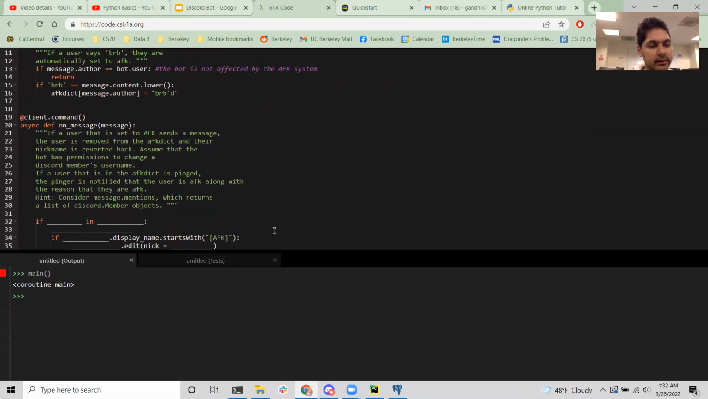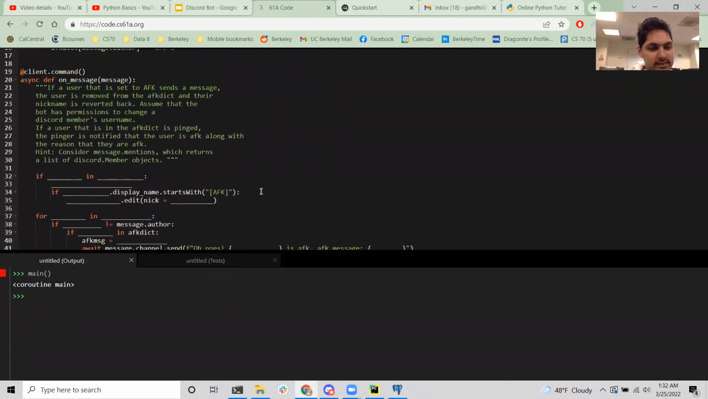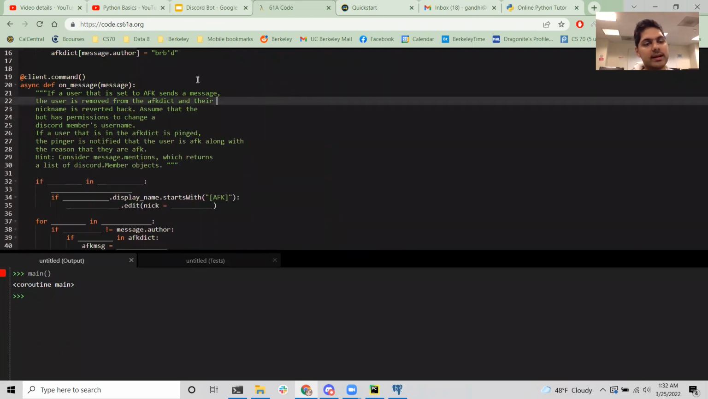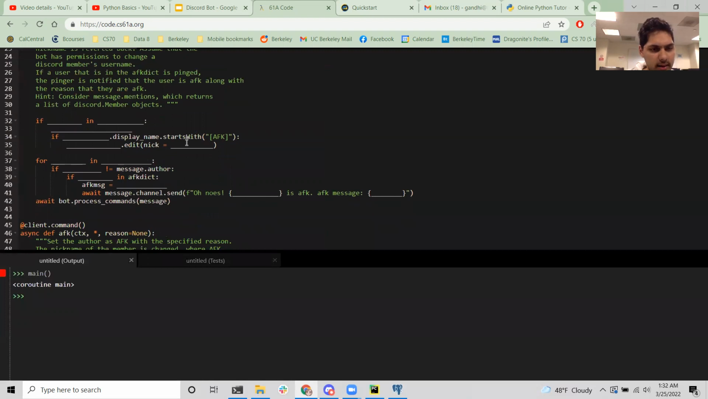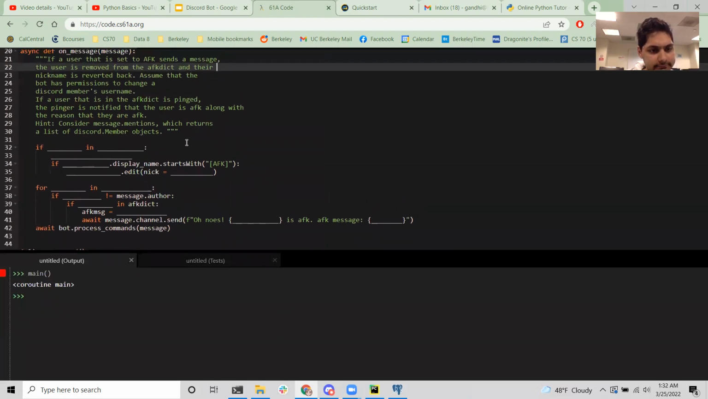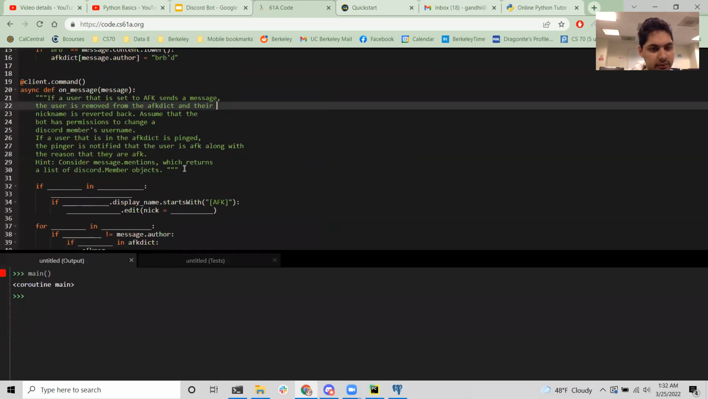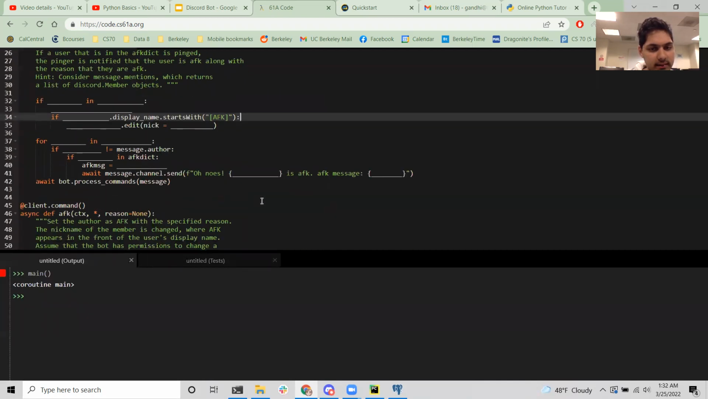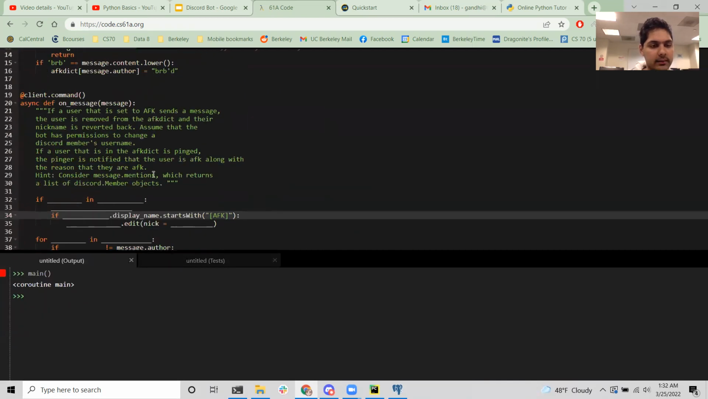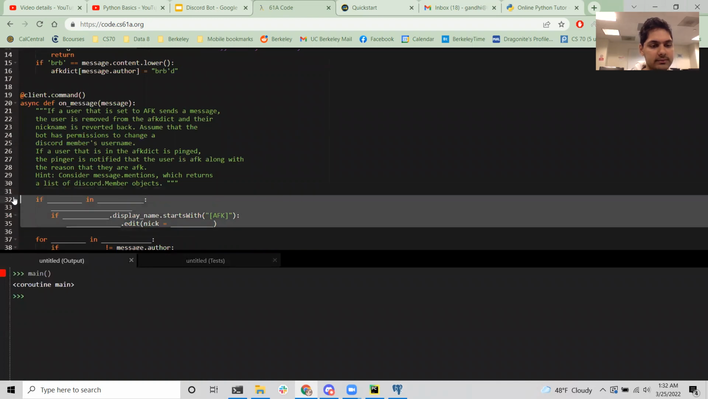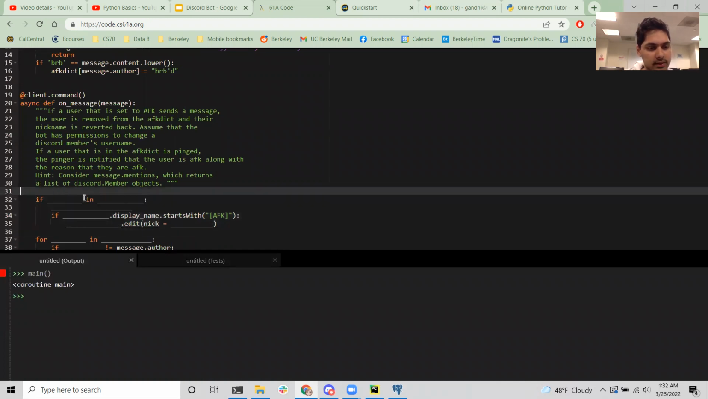Yeah, but this next one is insane. If a user that is set to AFK sends a message there, you're removed from the AFK dictionary, and their nickname is reverted back. This part is that first part, and the next part is the okay. So if